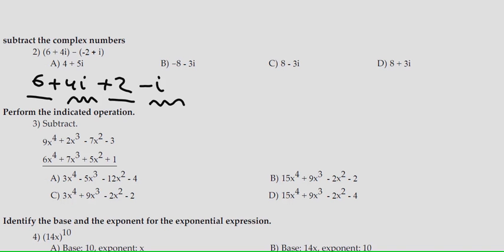So the real part, 6 and 2, will be 8, and the imaginary part, 4i and minus i, will be plus 3i. Okay, so that is the first one. If you look at the next one,